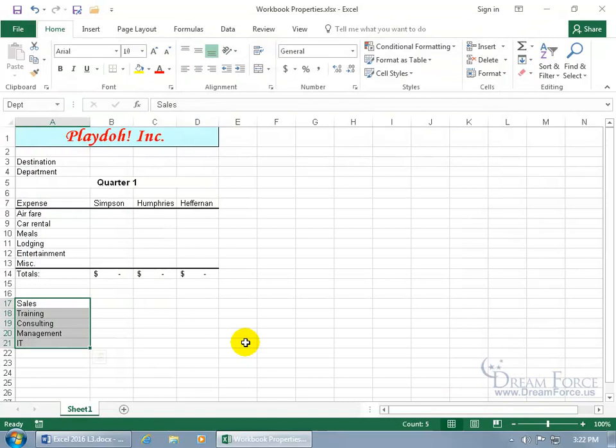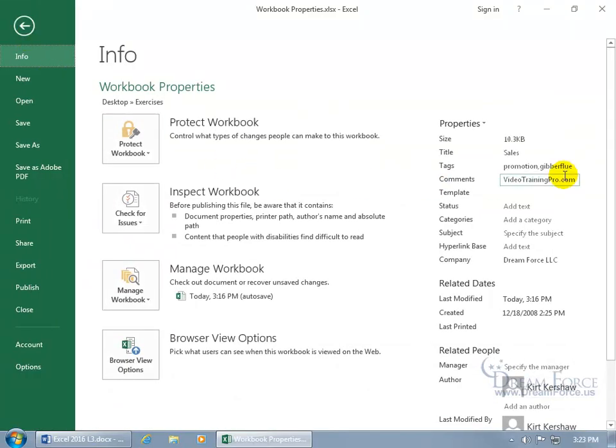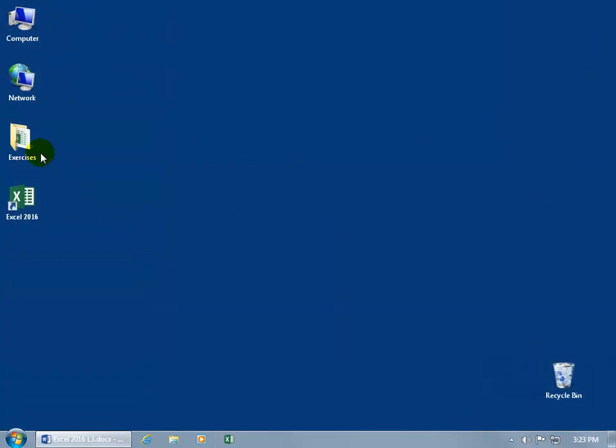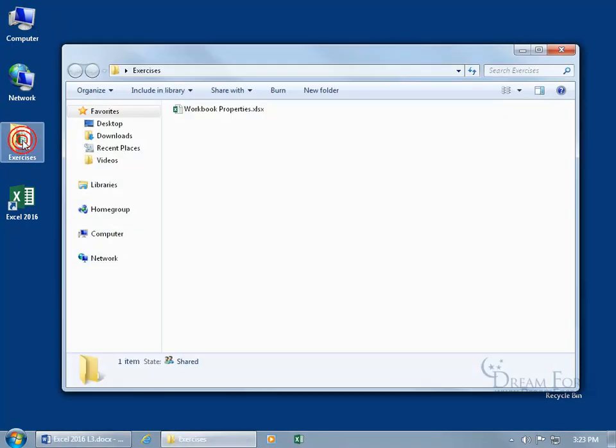Which brings up a good point. If you're like, well, wait a second, I'm going to hand this workbook off to somebody else and it's got all my gibberflu stuff on it, how can I go ahead and get rid of it? So before I clear it out, let me go backstage and click Save and Close Out. And let's open up the exercises folder on my desktop, because in that folder is my workbook